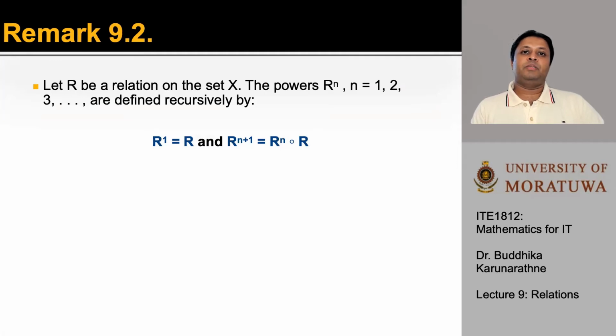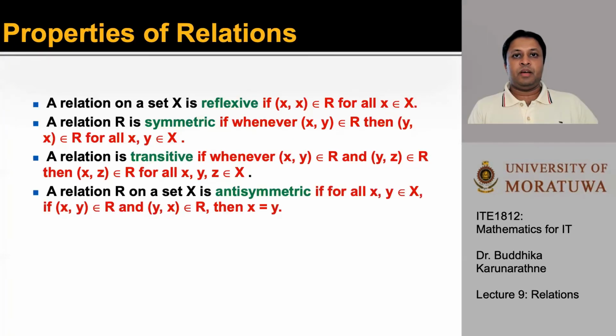A special remark about composition relations. Let R be a relation on the set X. The powers R to the power n, where n is 1, 2, 3, and so on, are defined recursively. R^1 is R, and R to the power n+1 is R^n composed with R. Now we introduce four special properties of relations: